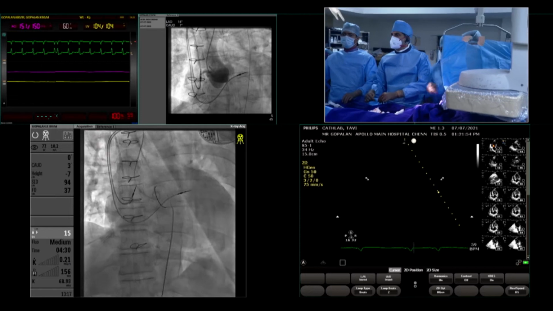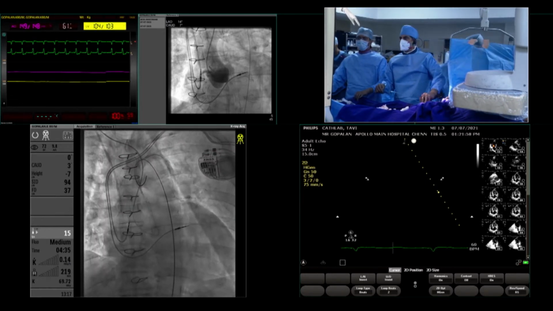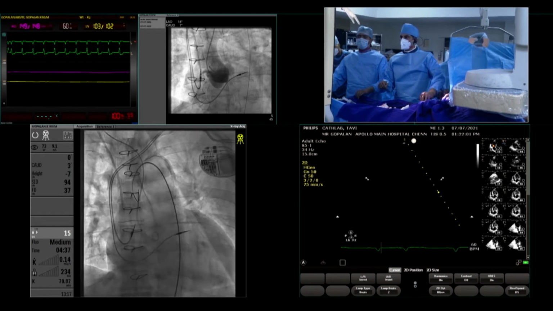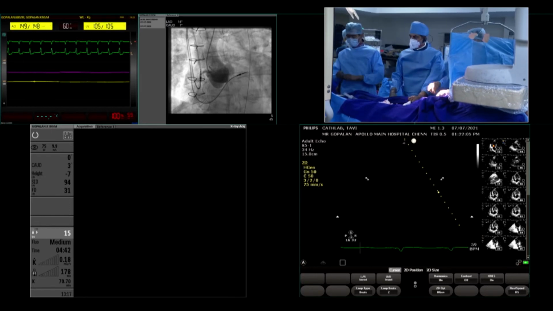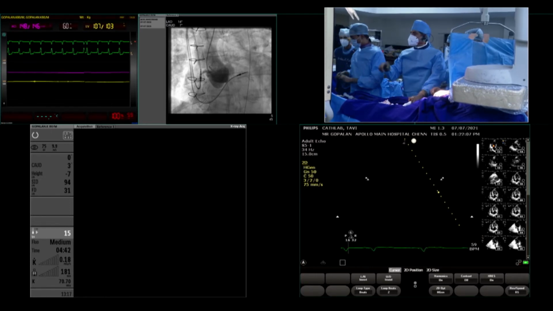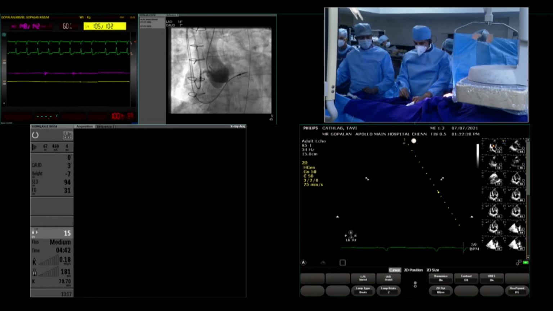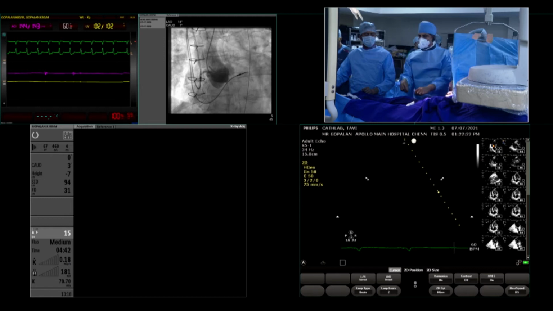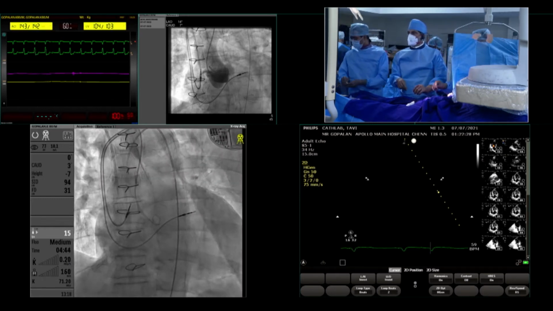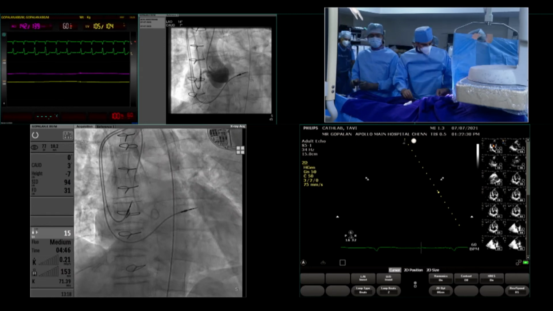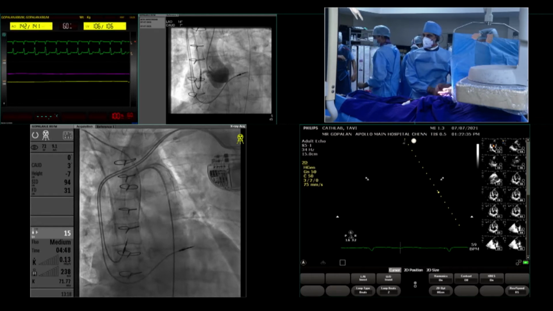Yeah, wire has to go up. Okay, follow this wire. Yeah. So what I am doing is now I am taking a Lundquist wire through the JR catheter, and now I am going to take a straight wire to cross the aortic valve. So can you show the picture, Andrew? So this is a straight wire. So I'm going to cross the aortic valve. Can you show me now? We'll place the Judkins pigtail catheter in the non-coronary sinus.